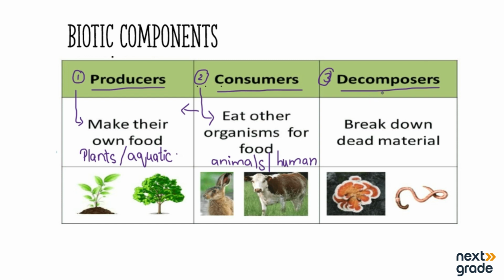Last, we have decomposers. The living things which break down the dead bodies of plants and animals into simple particles and obtain their food from these are called decomposers. ऐसे animals जो dead material, for example dead plants या dead animals को eat करते हैं and then they make their food from them, उसको decompose करते हैं और उसके बाद उसका अपना फूड बनाते हैं, उसको हम क्या कहते हैं? डीकम्पोजर्स. तो डीकम्पोजर्स में हमारे पास एग्जांपल आती है बैक्टीरिया